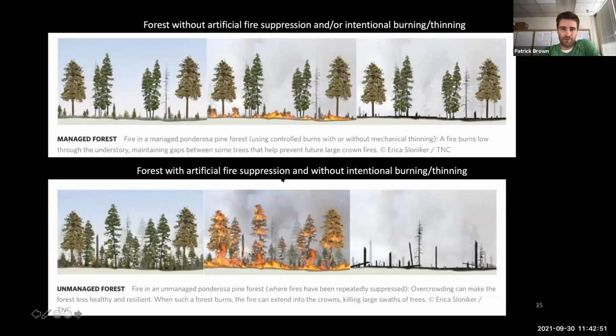And then this is the situation that we're in now. Since 1900, we've had this policy of artificially suppressing fires when they happen, so putting them out right away. That has allowed much more fuel to build up. So you have many more smaller trees and brush in between the larger trees. And so when a fire does occur, there's way more fuel for it to burn, and the fire can be way hotter and more intense, and it can be so bad that it actually kills all of the big trees, and so it can completely wipe out a forest.